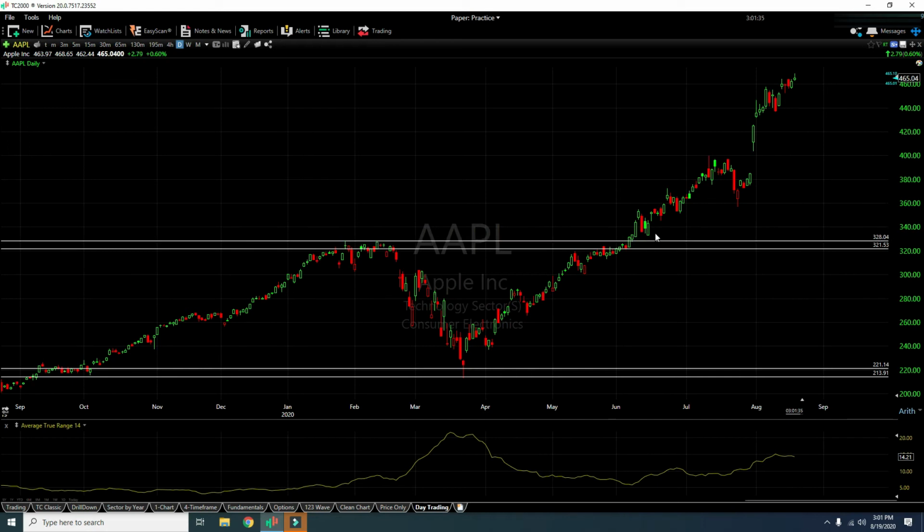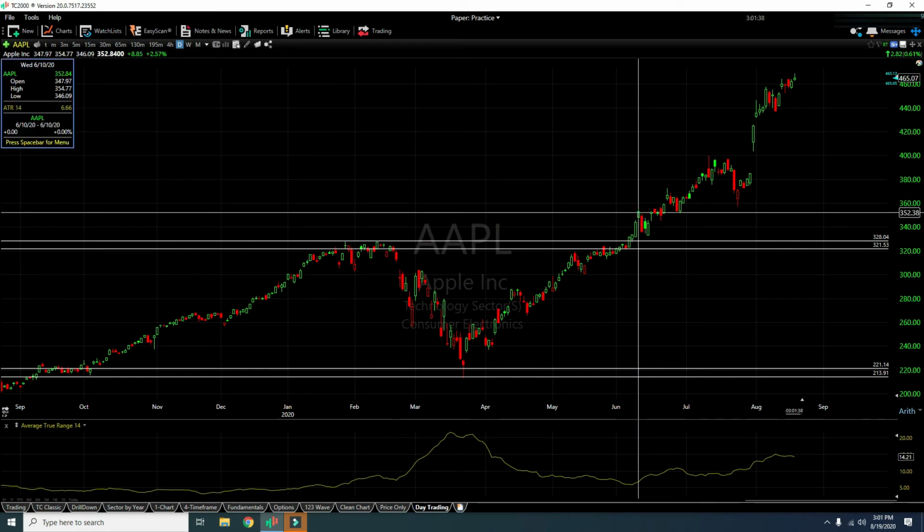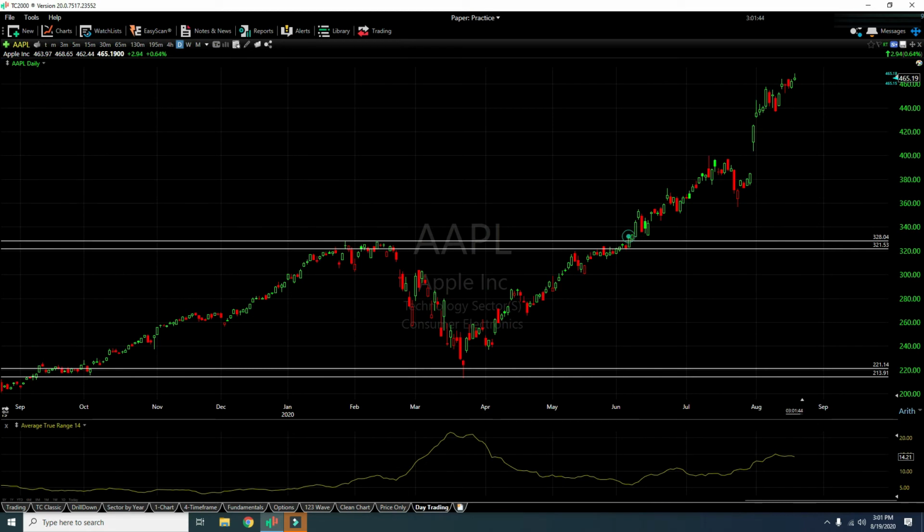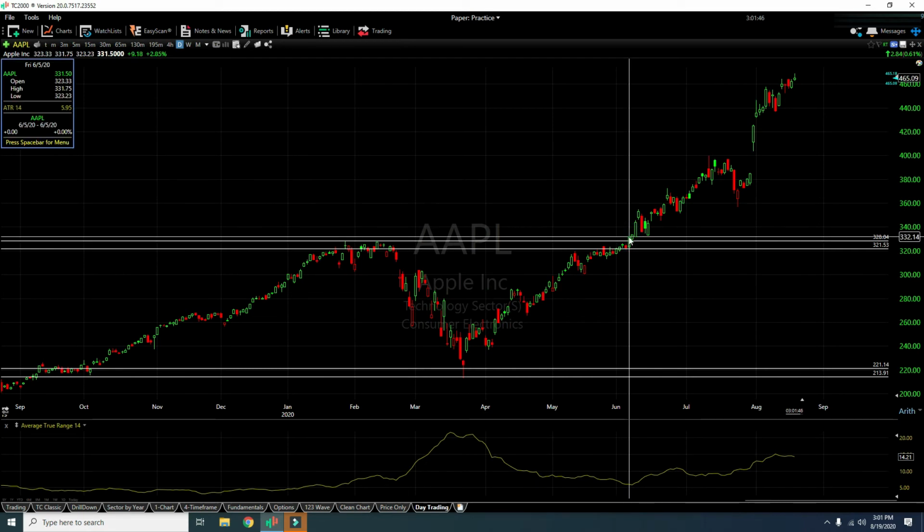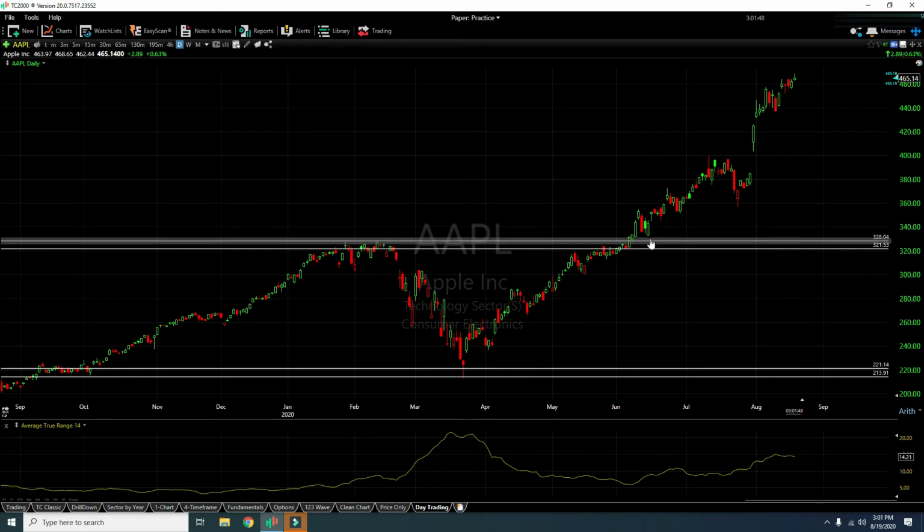In this case, it never retested, but it came close to that. Instead of chasing it at 352, instead of getting in at 331, you could have waited for the price to come close to the range, normally 3 to 5% from the top of the support area. That's a good price to enter, because it doesn't mean that the market will come back and retest the resistance every time, but rather it will come close to that area within a 3 to 5% range of the price.